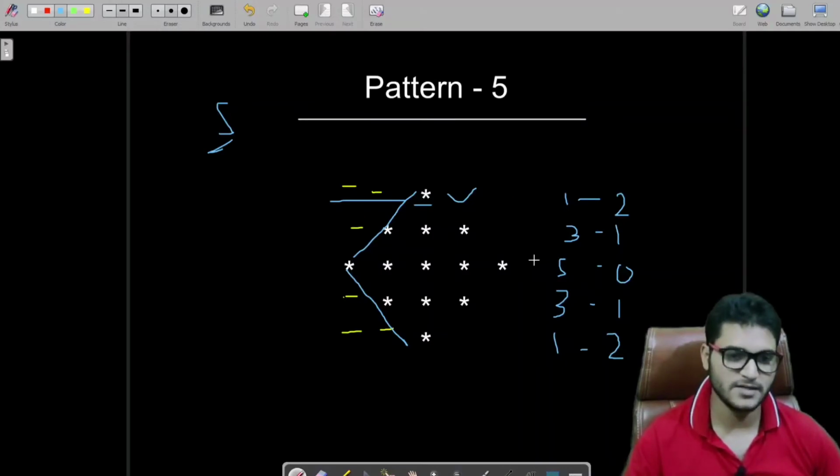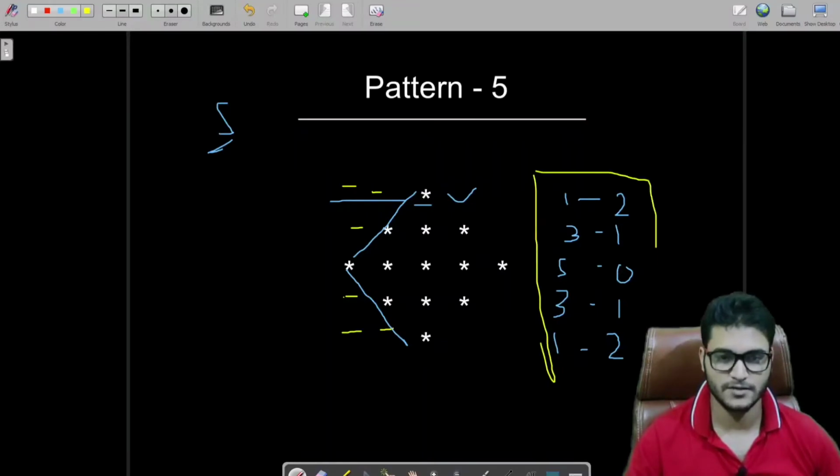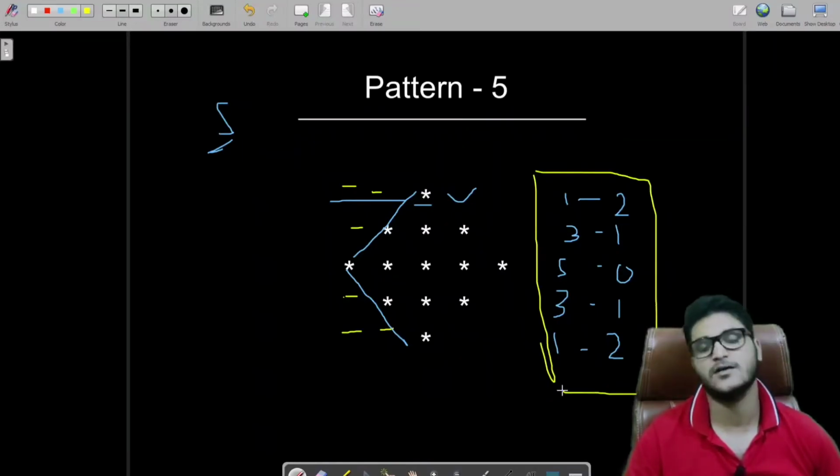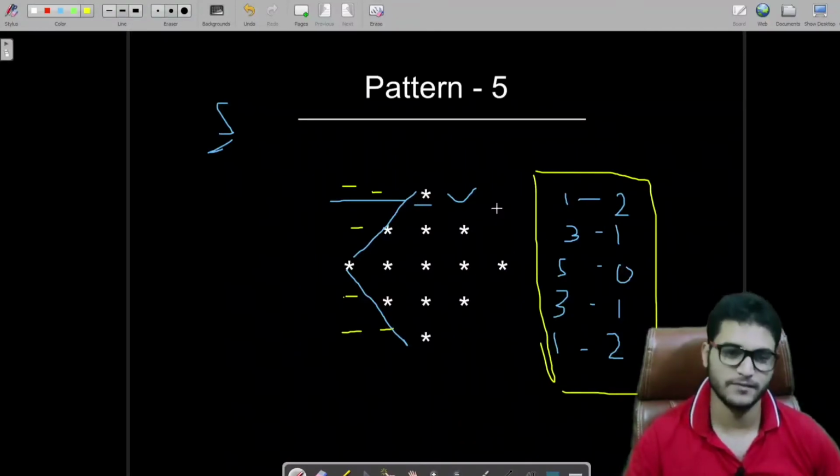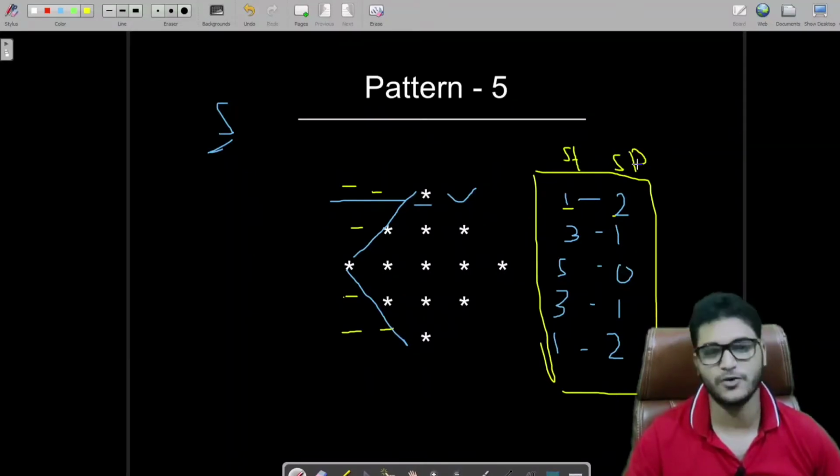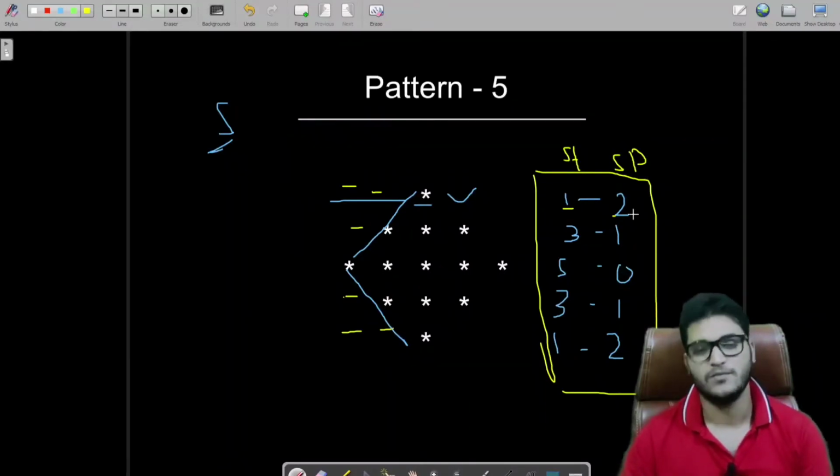You can revise this video, because this is the most important thing which I have just explained. These numbers are very important to write the code for pattern 5. So what do these numbers say? In our first row we have 1 star. Let's say these are stars and these are spaces, so that you are not confused.